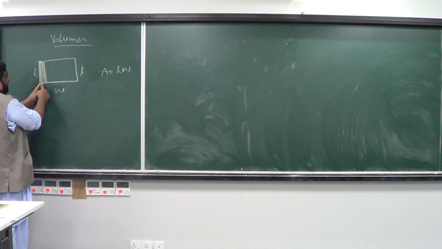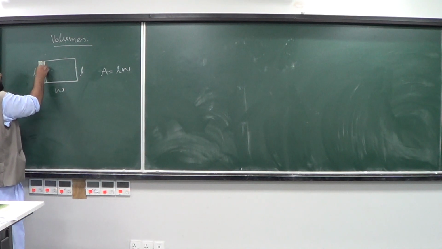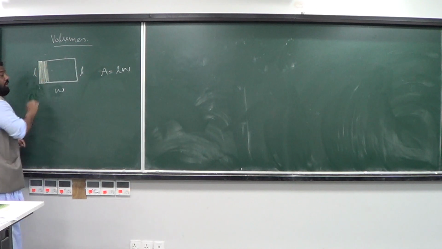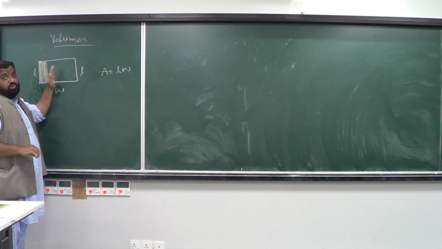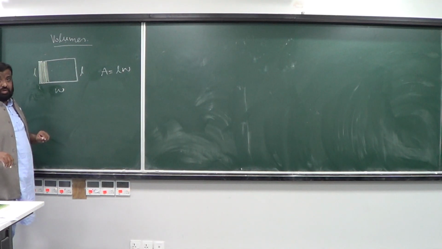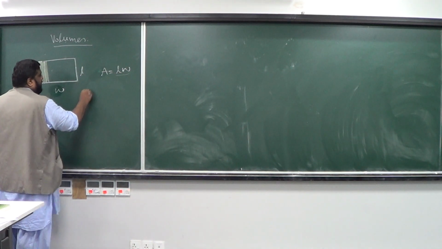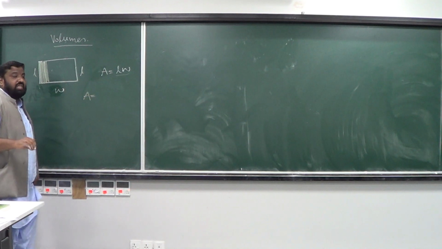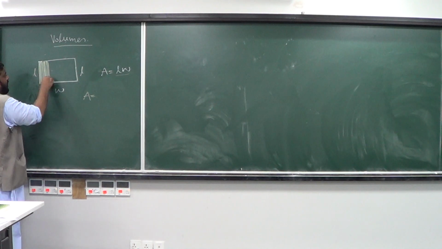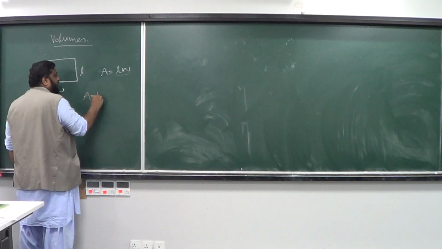If this width is W, then you need W sticks to fill this entire area, where each stick has length L. So since you need W sticks of length L to fill this area, that means this area is going to be